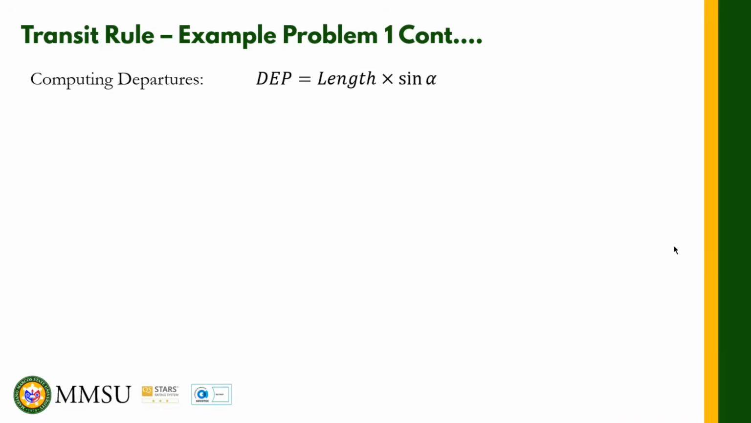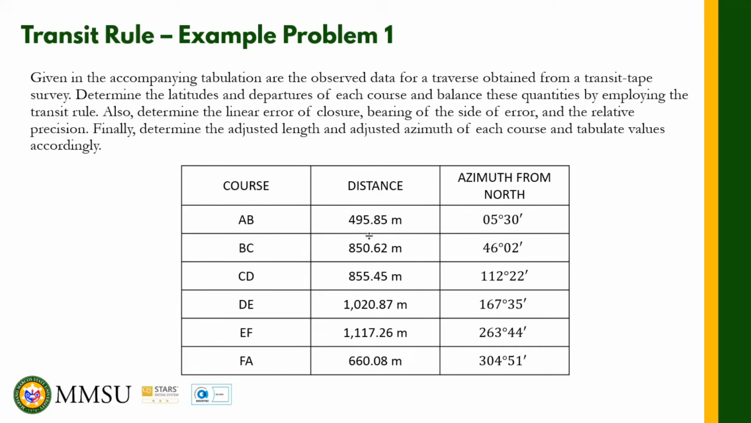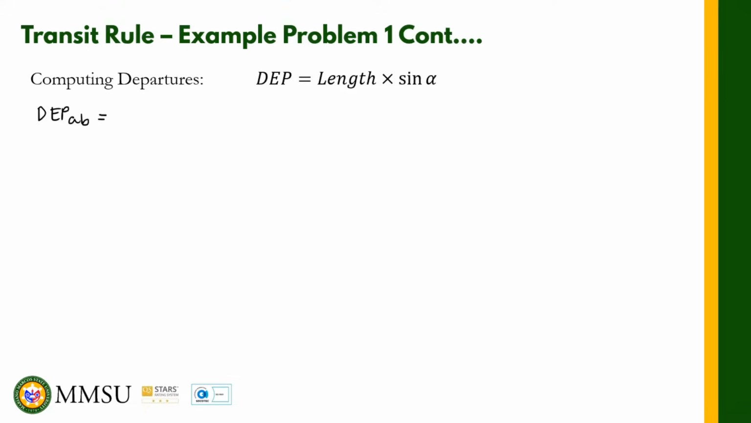Next, we shall solve for the departure of each course, and for this we are going to use the formula: departure is equal to the length times the sine of the given azimuth from the north. Okay, so let us solve for the departure of AB. The departure of AB is equal to the length of AB, 495.85 multiplied by the sine of 5 degrees 30 minutes, and we should come up with positive